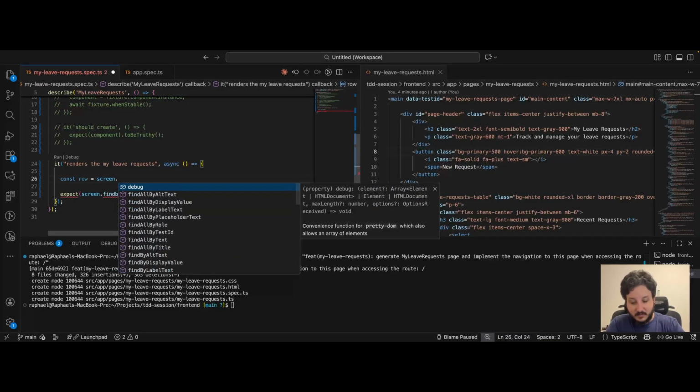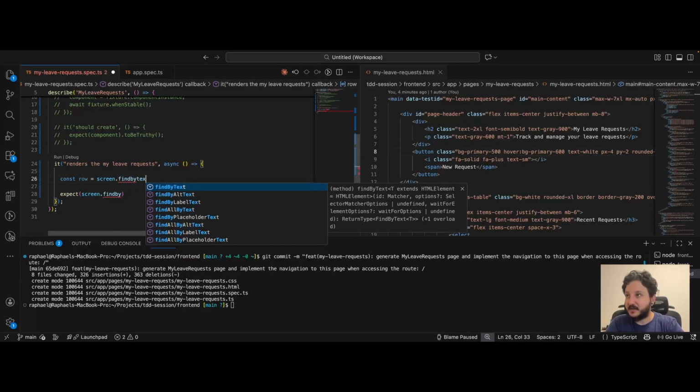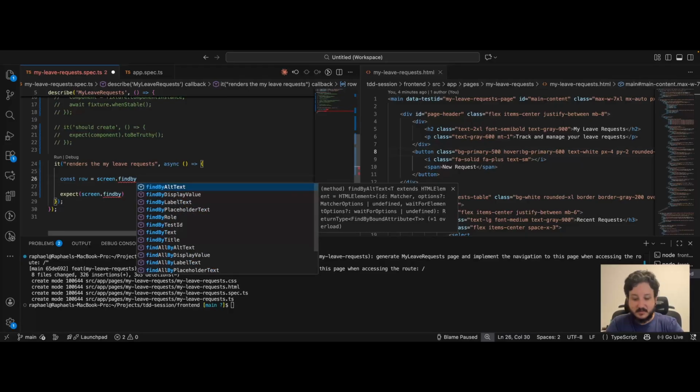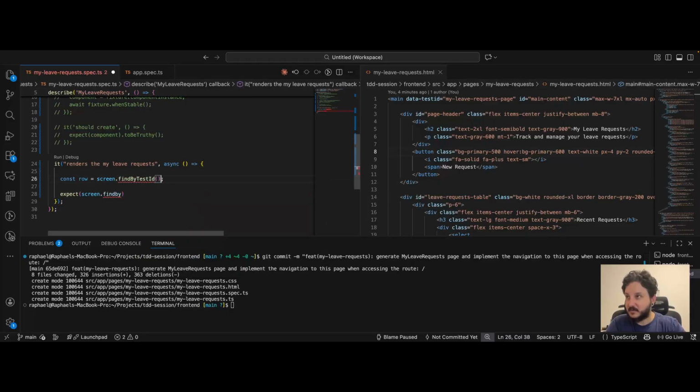Screen, find by test ID, and this would be row 0, row 0, and this would be this. Okay, and we would have like a submitted column,